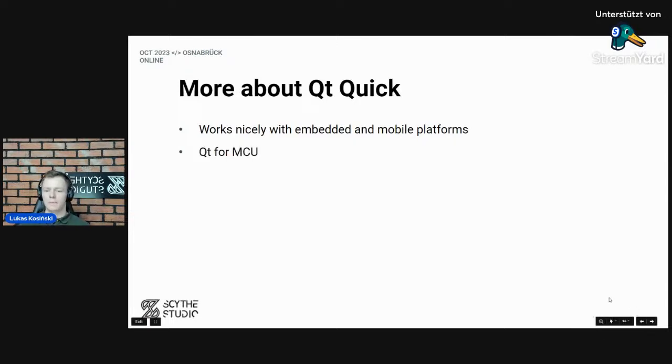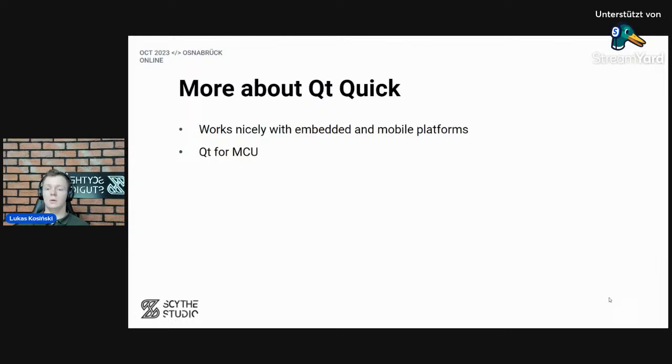There is also a thing about the embedded world. Some other guys in my company are more experienced in embedded, but there is Qt for MCU, a package. It's basically part of the Qt framework that allows you to run Qt on microcontrollers and, generally speaking, poor chips and devices with limited hardware.